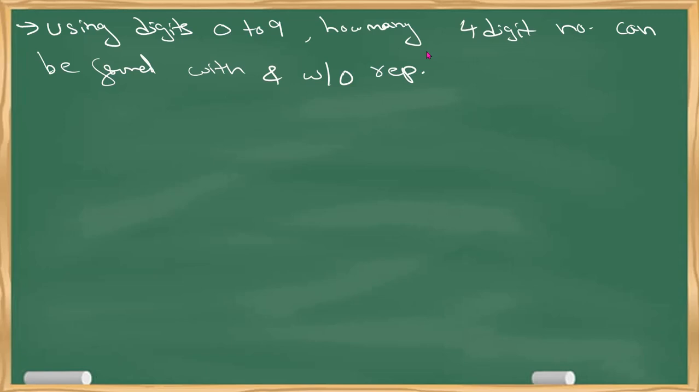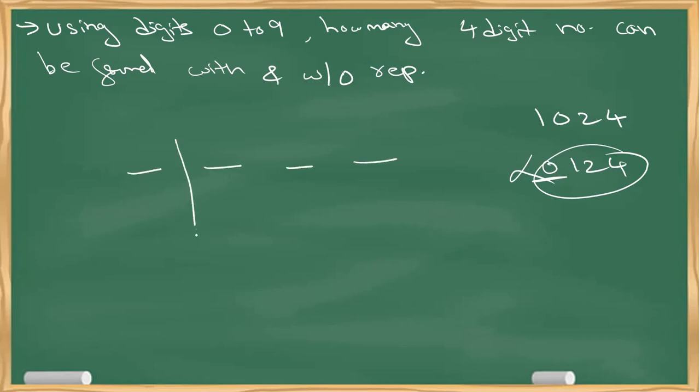So do we have any condition here? Many would say there is no condition, but precisely, if I say 1024, this is a four-digit number, but 0124 is not a four-digit number. Your 0 comes at the first position, it doesn't matter. So it's an indirect condition: whenever 0 is given, that means always follow note 1. You have to start from this position and 0 should not be present in this position. Clear? Then how many digits do I have now? 9 digits. 0 should not be used here, but 0 can be used anywhere else.